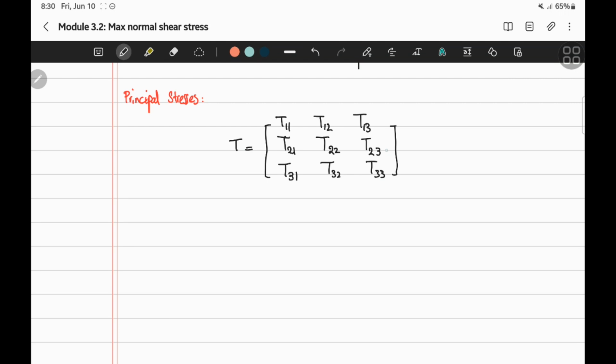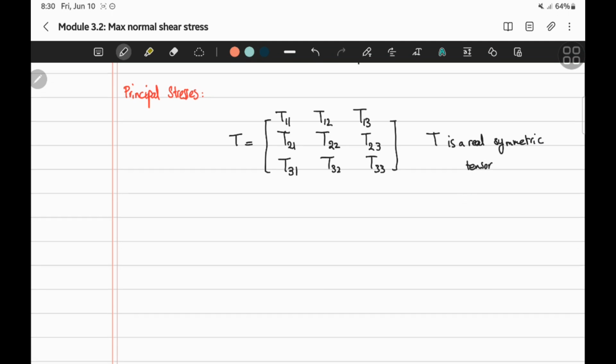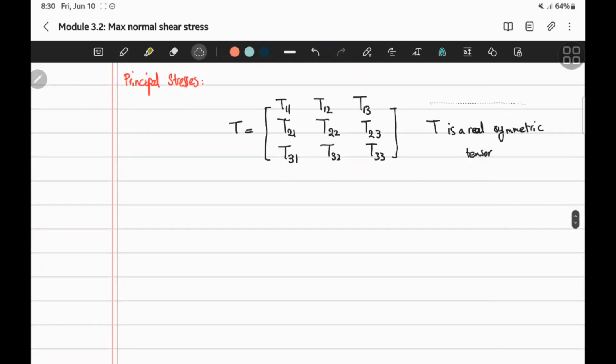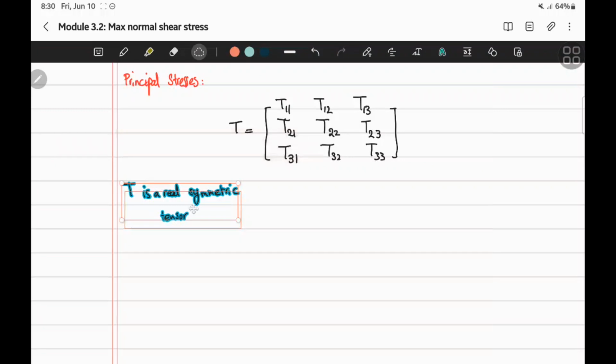So we all know that this T, we already proved this and mentioned that T is a real symmetric tensor. Therefore, we expect to get real values